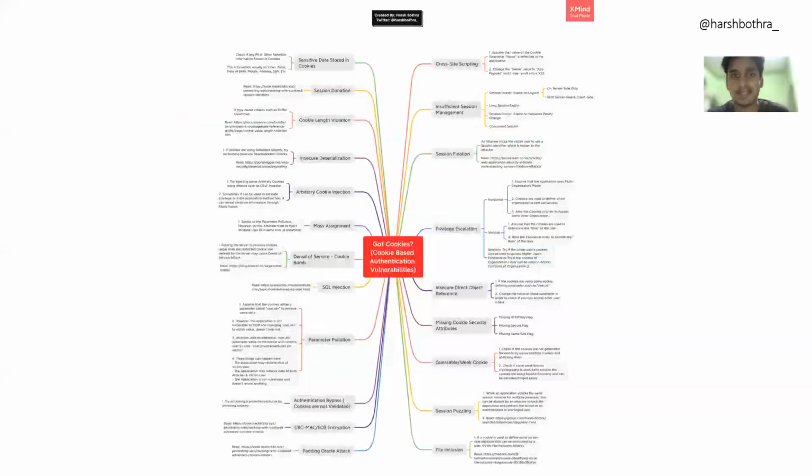So this is a simple mind map. I know right now it's looking very small because it's just put in the slide. I'm going to show it to you in my system itself right now. There are around 12 to 15 test cases, from cross-site scripting to sensitive data stored in the cookies to insecure deserialization, mass assignment. There are a lot of attack vectors that you might not have heard of, or you might have heard of, but you might have never tried in the cookies. And if you know already, that's a really great thing. And if I am missing something, please feel free to add it in the comments or reach out to me on Twitter, so that we can make this mind map better over time.